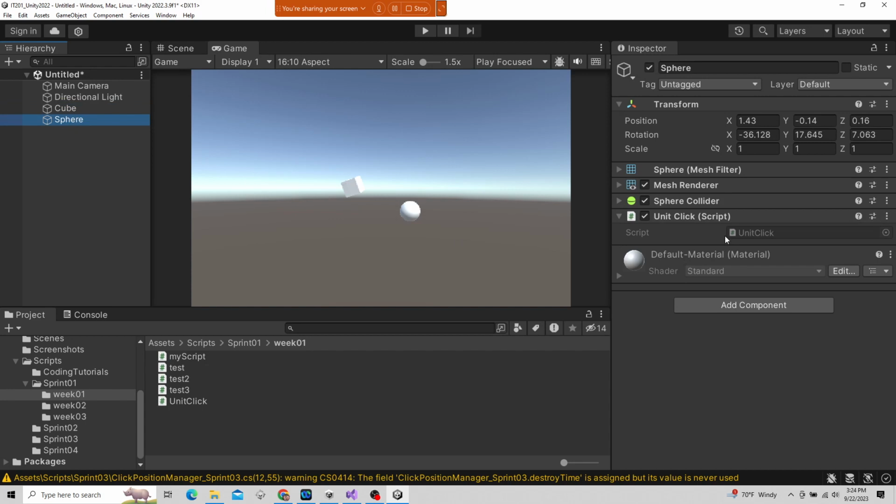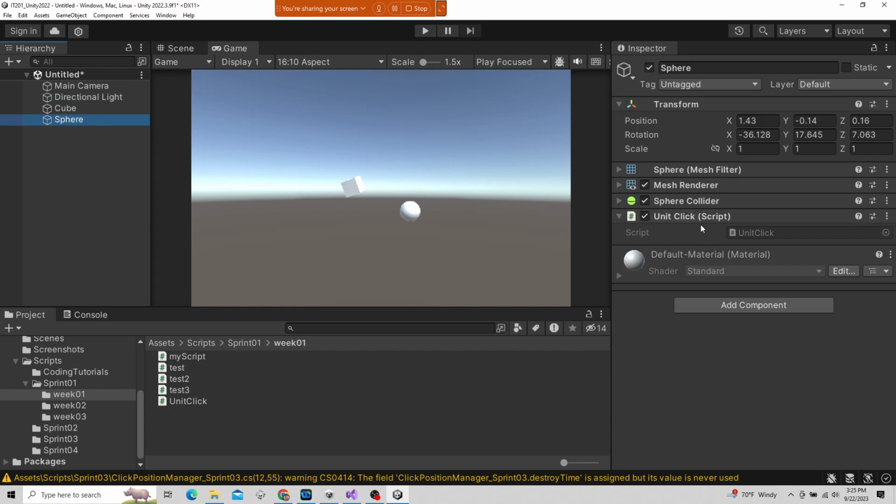So what this is saying is, if I clicked on the sphere that has this component object, and that debug statement is called, that line of code is called, it's saying this, go to this object, which is this instance of unit click. Remember, we have two, we have many, we have hundreds, thousands. How do you differentiate between all those copied instances of the unit click class? Well,